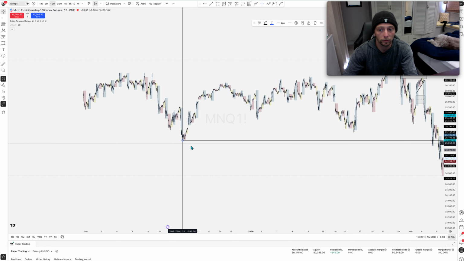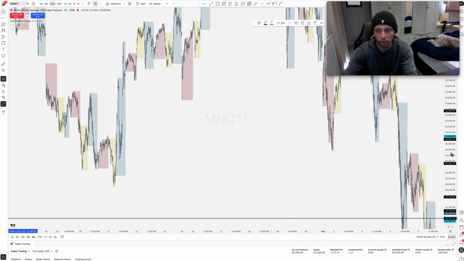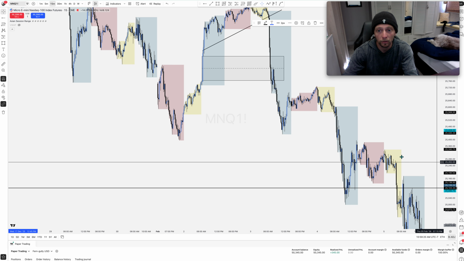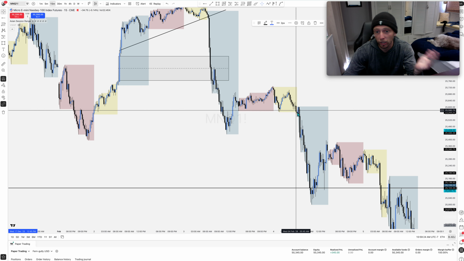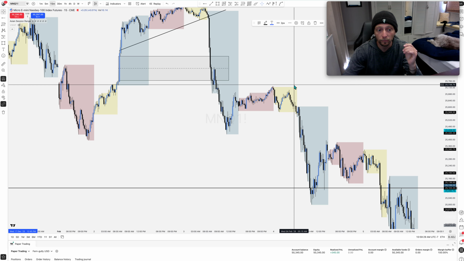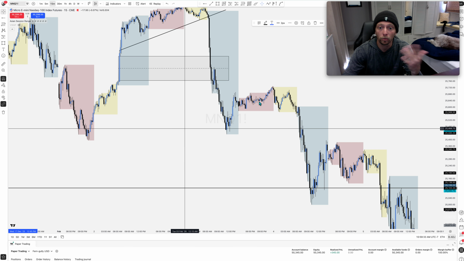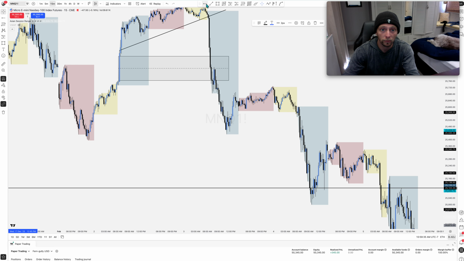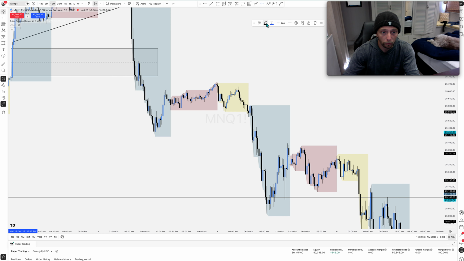I don't even know where it is. Right, so there's that draw right there that was actually from this day. But again, we didn't sweep out the high, so there's a chance where New York would manipulate back up to take those two out. But this Asia never got taken out, so London could target that, or New York could target that. But remember, we're taking only A plus setups, only 15-minute fair value gaps or inverse fair value gaps